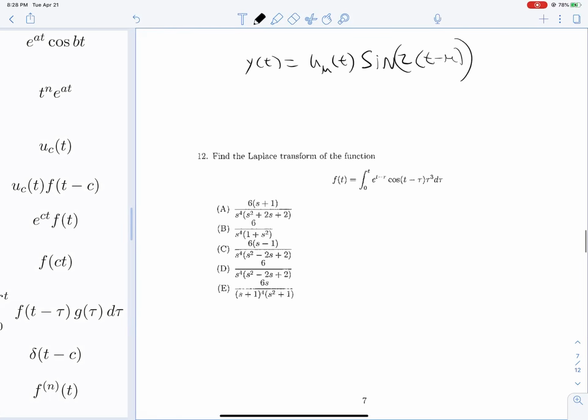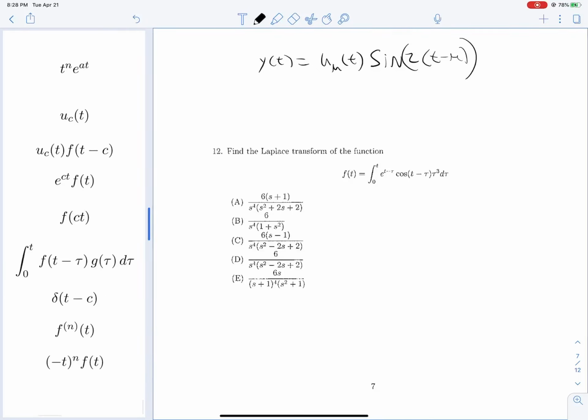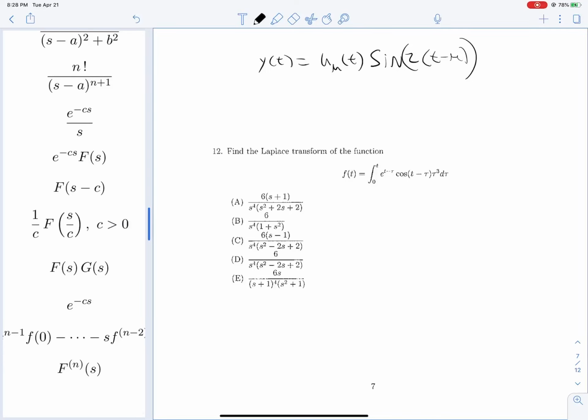Okay, let's find the Laplace transform of this function right here. We know that the integral from 0 to t of f of t minus tau times g of tau d tau has a Laplace transform equal to the Laplace transform of f of t times the Laplace transform of g of t. So f of t minus tau, that will be this whole thing. So we can write f of t as